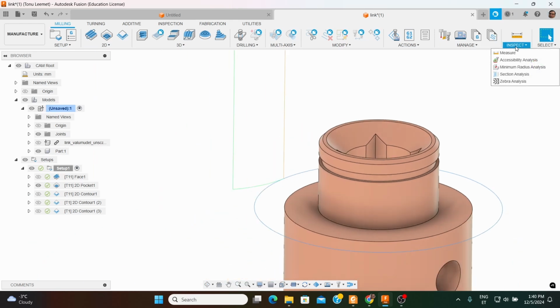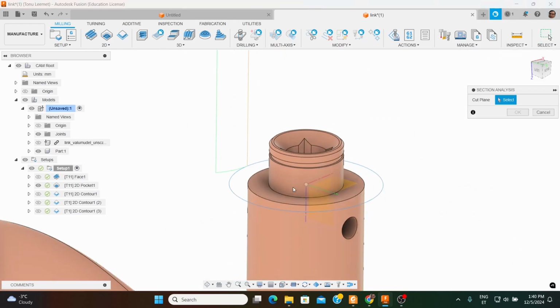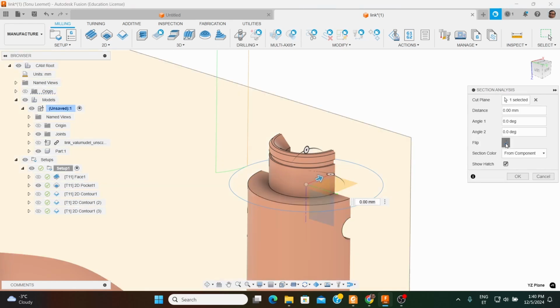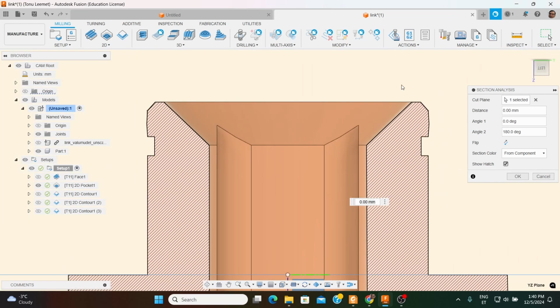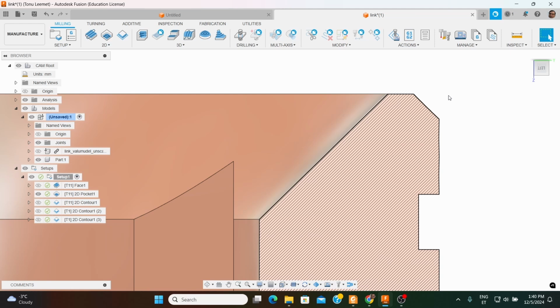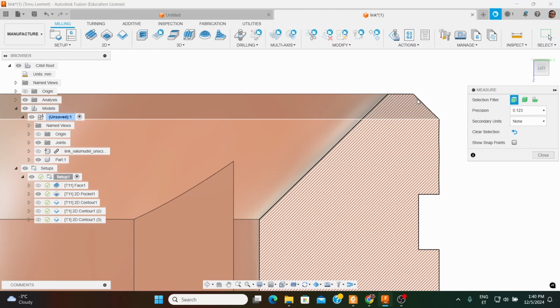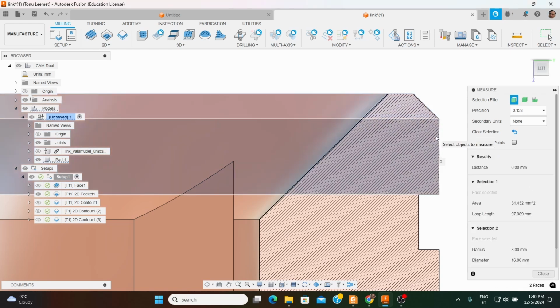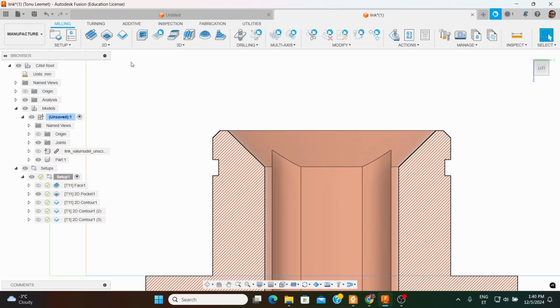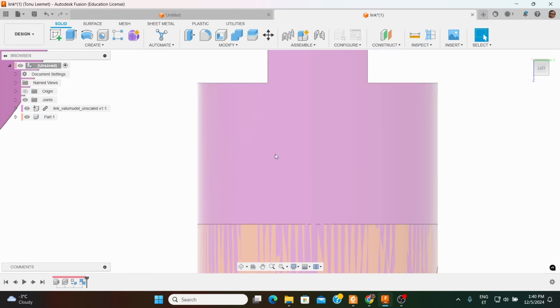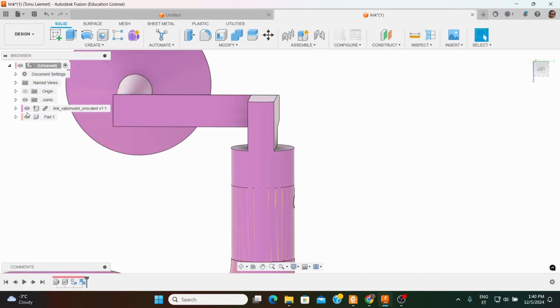What I will try to do is use the inspect menu and the section analysis tool. If I look at it from this side, I take this analysis and I will try to inspect it now, but unfortunately it is not able to recognize the edges. Another workaround in this instance would be to go back to the design menu and actually generate a